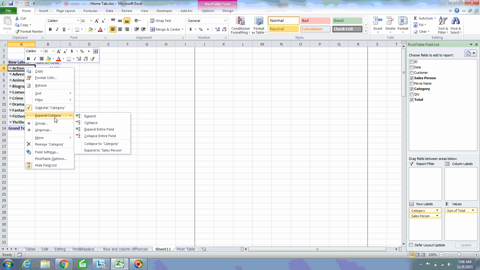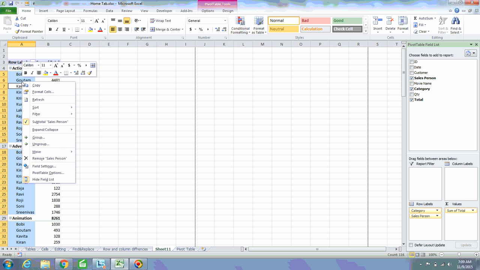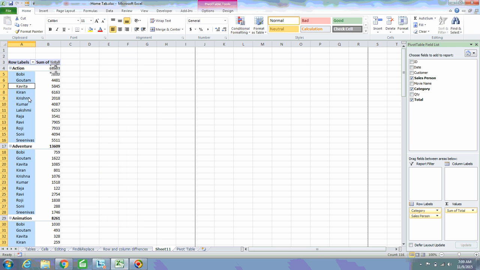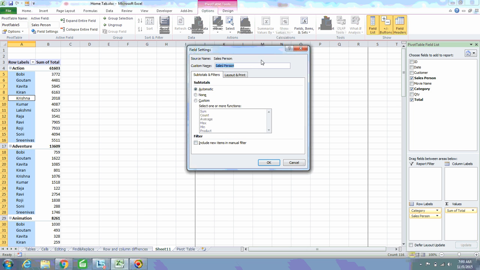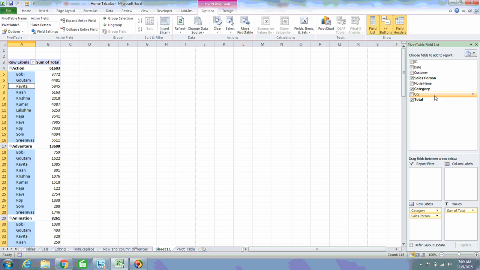I am just expanding the entire field. Give right click, go to field settings, or you can also do the same thing from options. Click on options, go to field settings, go to layout and print, and insert page break after each item. If I click OK, see now